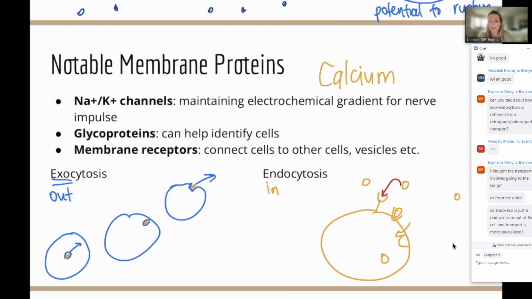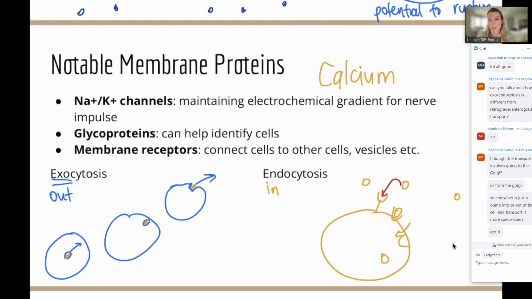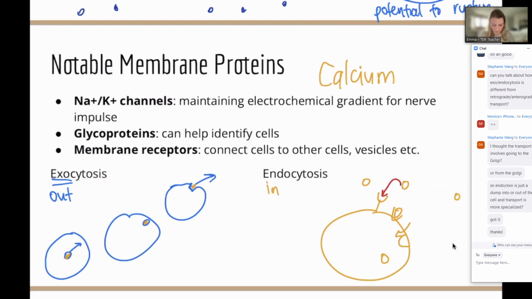Yeah, I would say that's a good way to think about it. So endocytosis or exocytosis is like a dumping in or out of the cell, but particularly that vesicle is becoming a part of the plasma membrane and then going out. That's how our plasma membrane is fluid. We're adding to it when we're sending something in or out of the cell, compared to transport, which is probably going to be transported through a protein or a channel. It's not necessarily going to morph with that cell membrane, if that makes sense. But yeah, you could also think about it being more centralized and more simple. Great question.